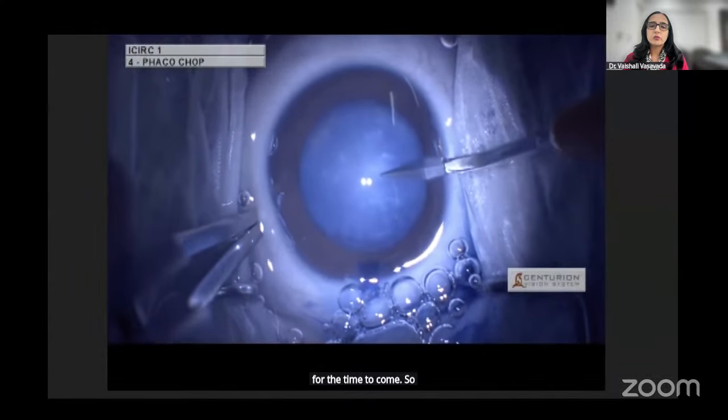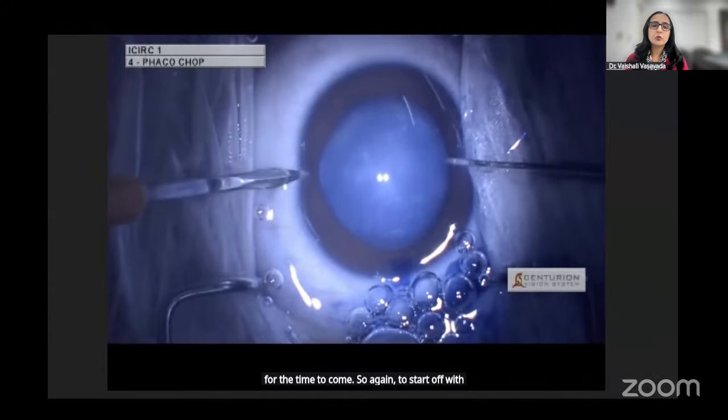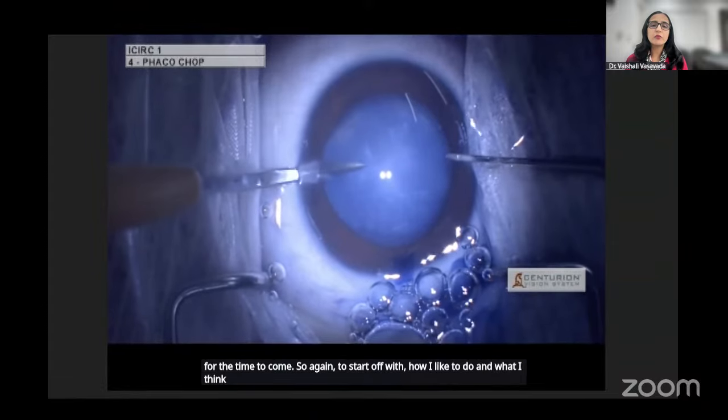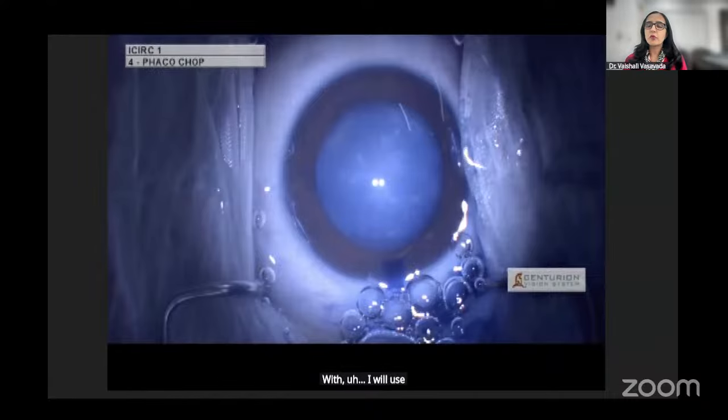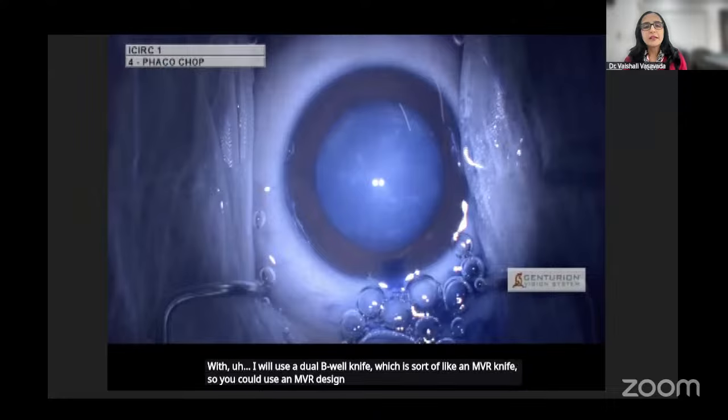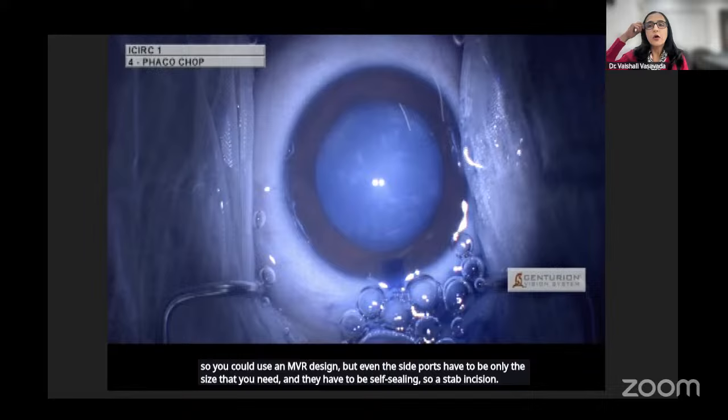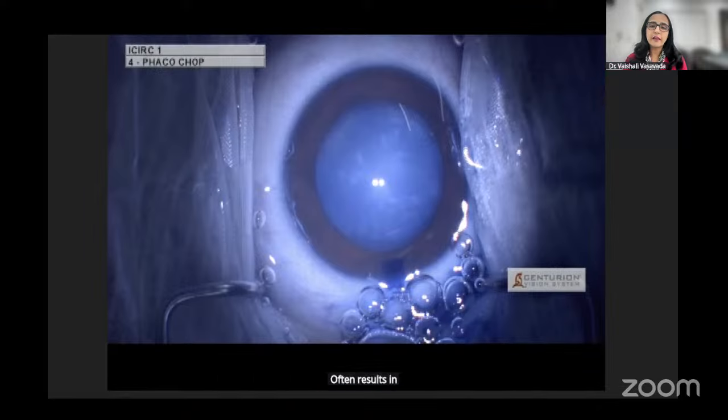So again, to start off with, how I like to do and what I think is very important is to make even the smallest of incisions. I use a dual bevel knife, which is sort of like an MVR knife. So you could use an MVR design, but even the side ports have to be only the size that you need, and they have to be self-sealing. So a stab incision, quick in and quick out,